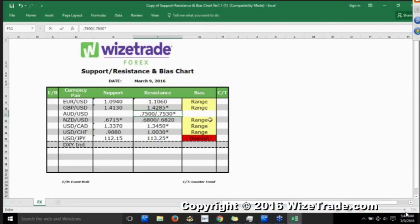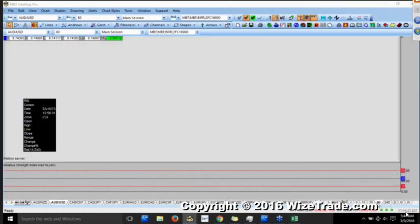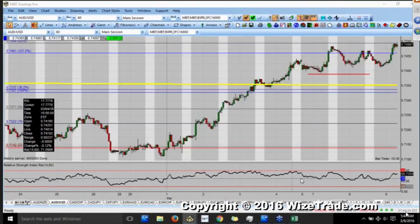75.30 is going to be key resistance. And frankly, I think we're bullish here in the Aussie right now. Okay. Now that we're above this, I don't know if I wrote bullish down yesterday. I think I should have. I did. I must have. Can't remember. But anyway,